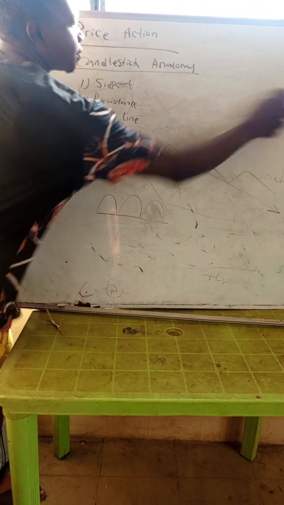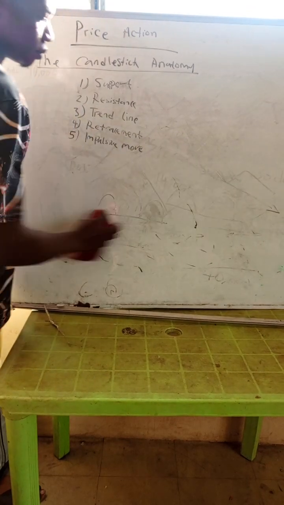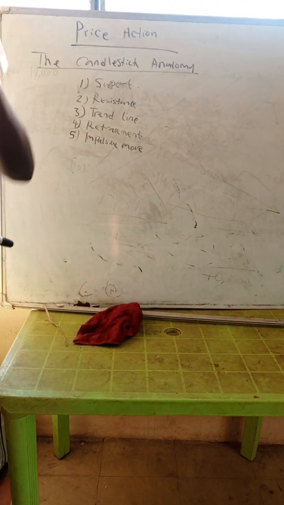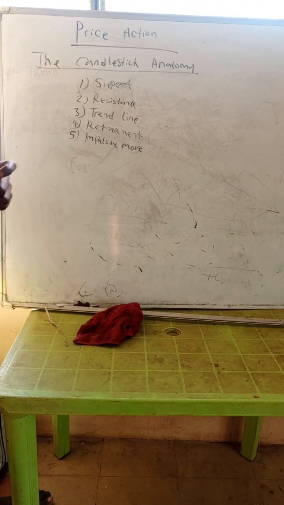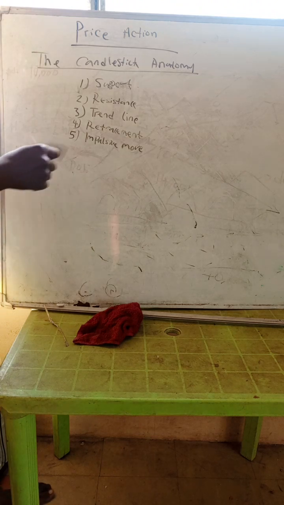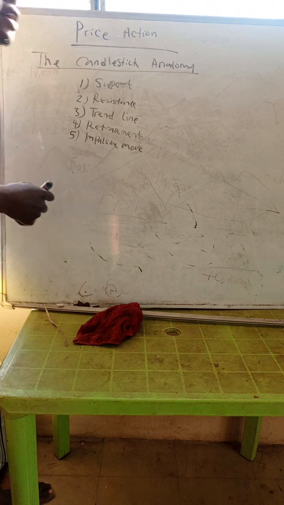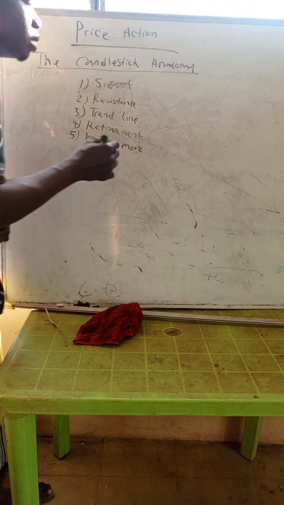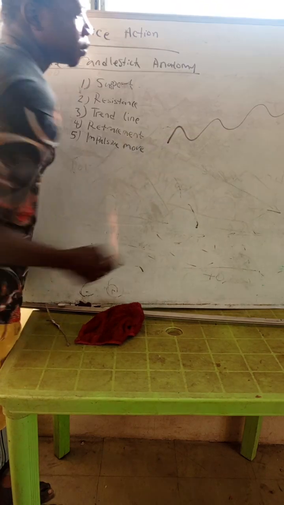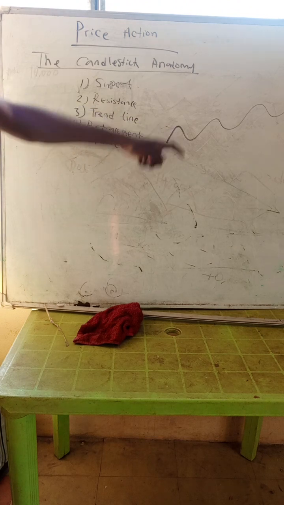I will clean the board. Now let's look at an uptrend. Remember, an uptrend is the one that is going up, it's ascending. Downtrend is descending down, while a ranging market is moving sideways. Don't worry, we're coming there. Now let's look at the trend line first, the uptrend, and look at what it does. If you want to consider a trend line, first of all, draw an uptrend. Look at what an uptrend looks like.